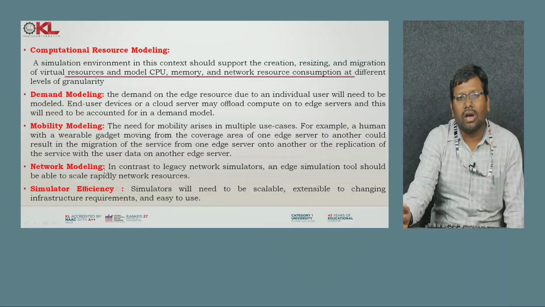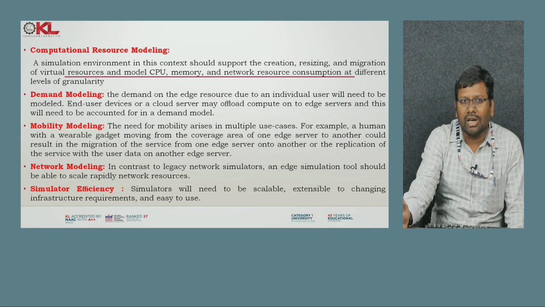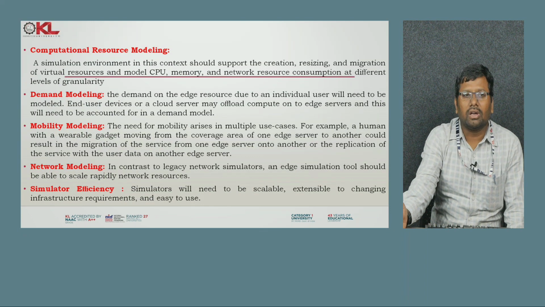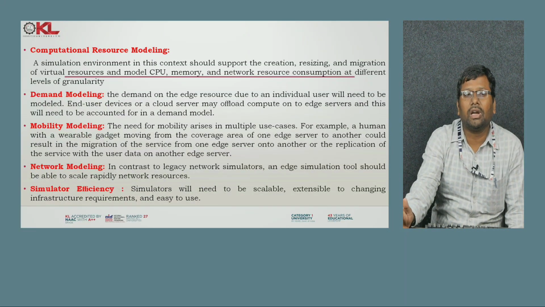Next, network modeling. As we are familiar, edge resources are deployed at places where a huge crowd or a huge amount of data needs to be gathered, segregated, or delivered. At that kind of place, suppose we want to transfer the data, or we need to connect a lot of virtual networks with respect to one physical network. At that time, different challenges come up with respect to the network. Those challenges could be addressed with network modeling.